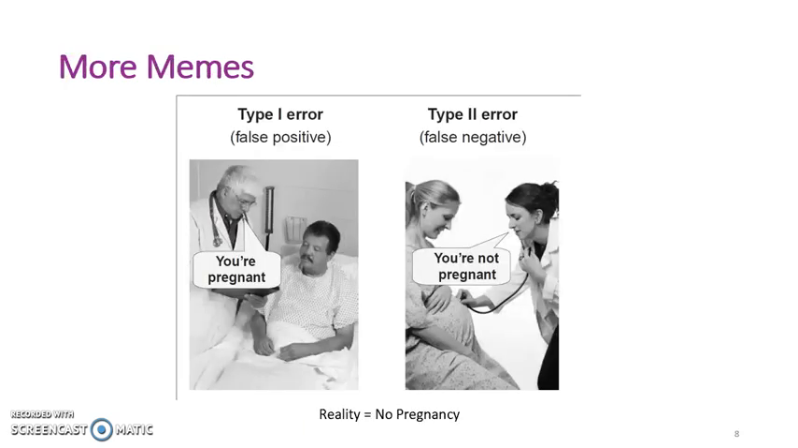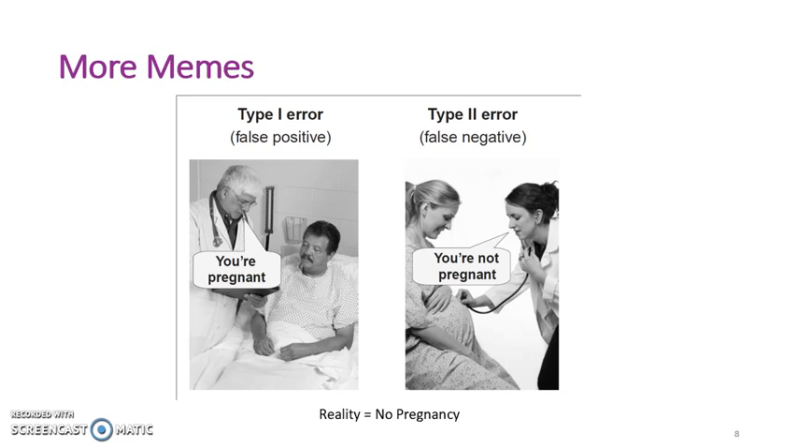Here's another meme explaining the difference between type 1 and type 2 error. In the first picture, the doctor is telling this man that he's pregnant. This is a false positive. This man biologically can't be pregnant. So this is a type 1 error. In reality, there's no effect, or no baby, but the doctor is telling this man that he's pregnant with a baby, a false positive baby. On the right,